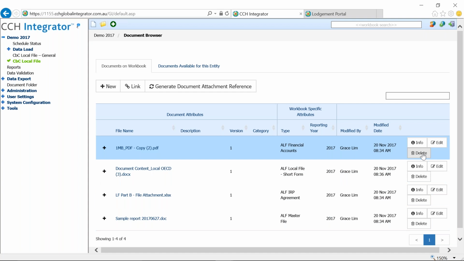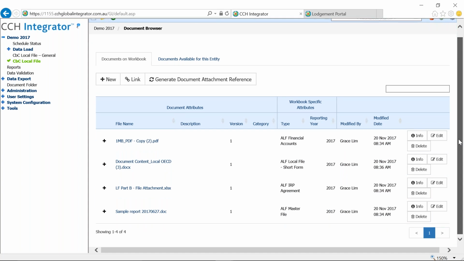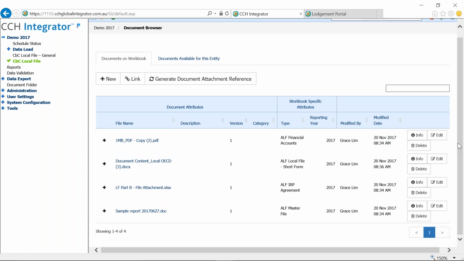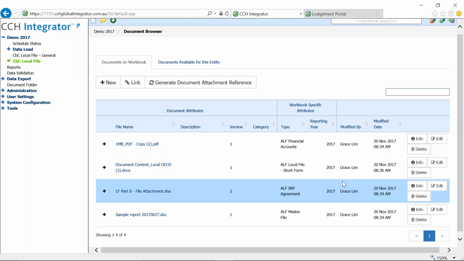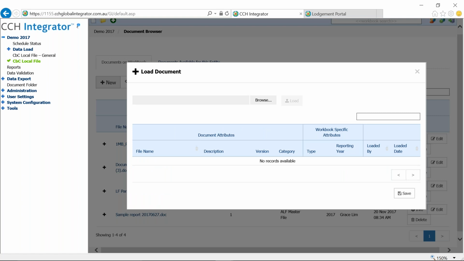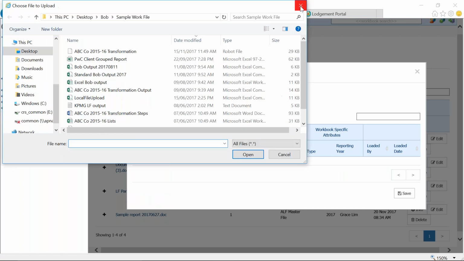Yeah, that's fantastic actually, because that means clients don't have to do that every single year or upload their attachments multiple times. So you can attach the attachment once and then link it to all the relevant transactions for that attachment. Absolutely. So what you do is as simple as browsing your data, load it,